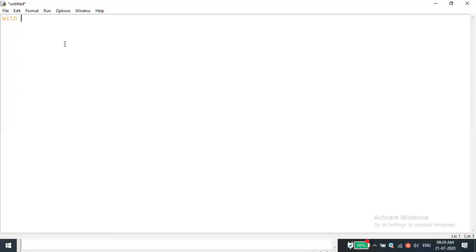With, open function, open of file name, file comma mode. With statement I'm just giving .txt comma mode, I'm just opening in write mode. Then afterwards, as file object. So I'm just giving A as a file object.